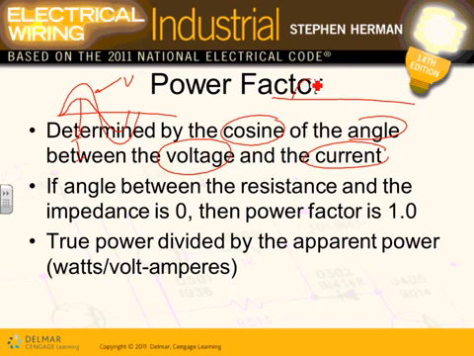If your voltage looks something like this, and your current now looks something like this, now there's an angle difference between the two. That will create that angle, theta. The cosine of this theta will give the power factor. So ideally, we would like the voltage